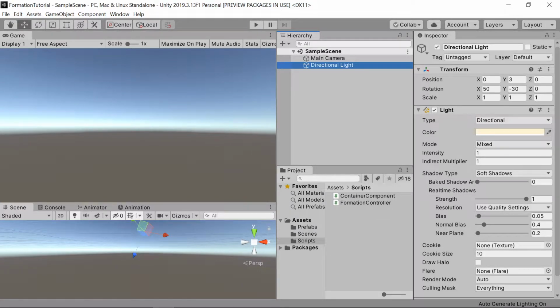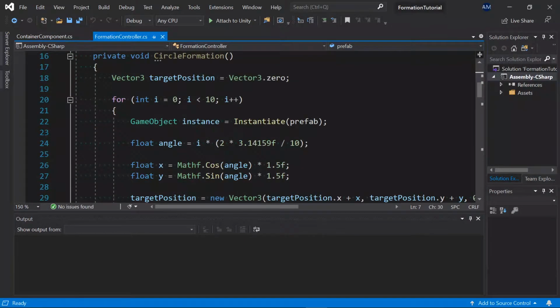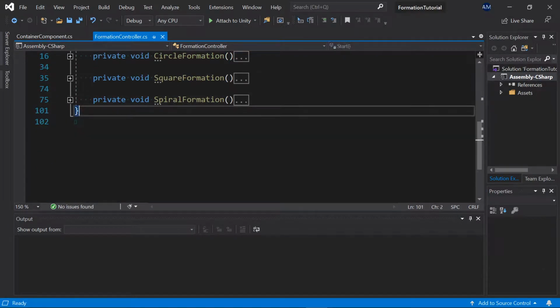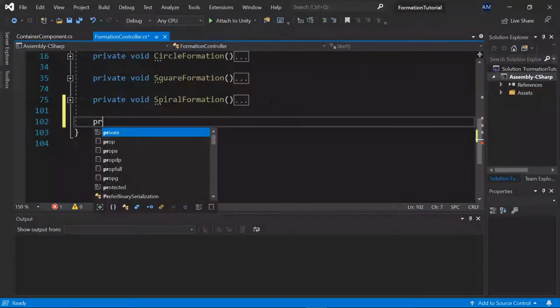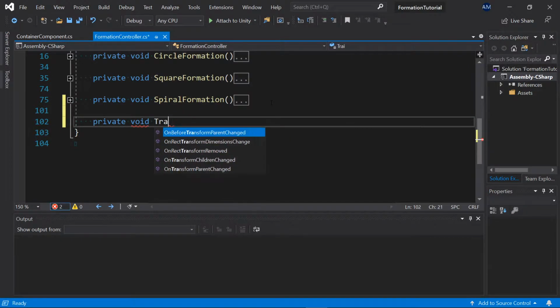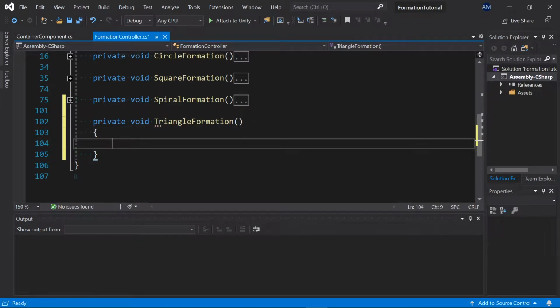First thing that we're going to want to do is go up inside of our formation controller script. We'll go ahead and open it. I already have it open up here. What we're going to do is come down here and minimize our circle formation, square, and spiral. We'll go ahead and create another function. Call it private void triangle formation. So in our triangle formation, what we're gonna do is